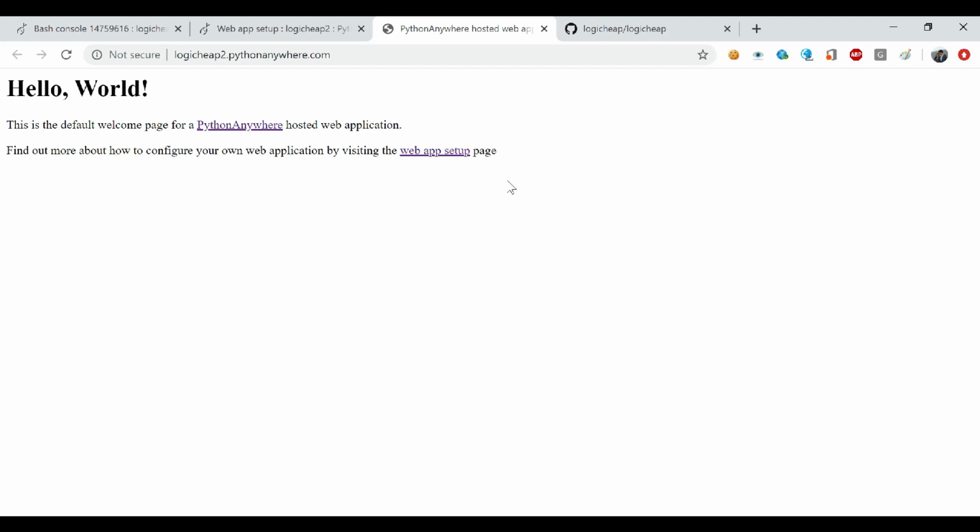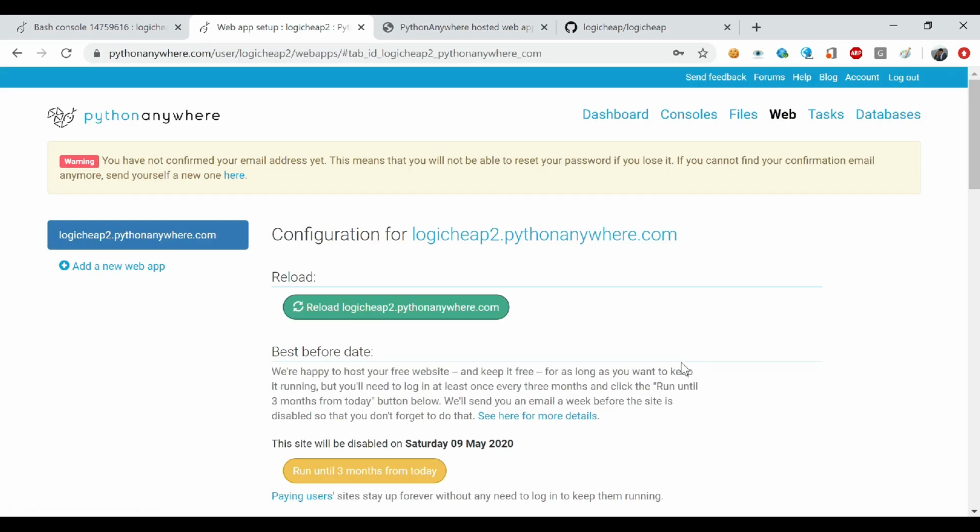It is pointing to some Hello World page. This is not a Logic Heap website because till now we have not told the hosting environment that we want to host not this Hello World page but our own site. So this is the reason that we need to update the WSGI file.